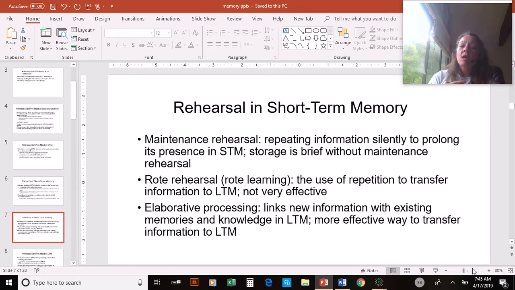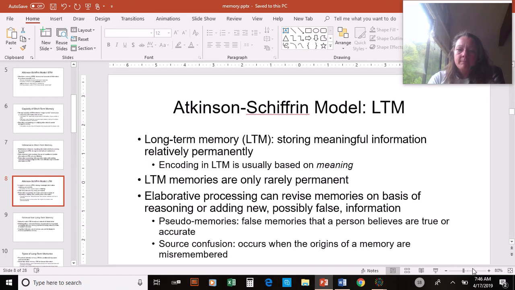And like I said, what I was talking about there was Piaget and schemas and information chunks, no pun intended, and association. The way that we get that information into our long-term memory is through association. We call that elaborative processing, because we're taking in new information and linking it to existing memories and knowledge that we already have, and that associates with classical conditioning. We learn best when we're able to associate, right, guys? And then that takes us to long-term memory.